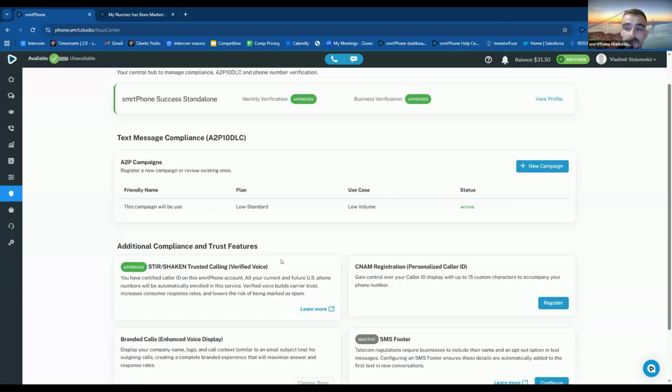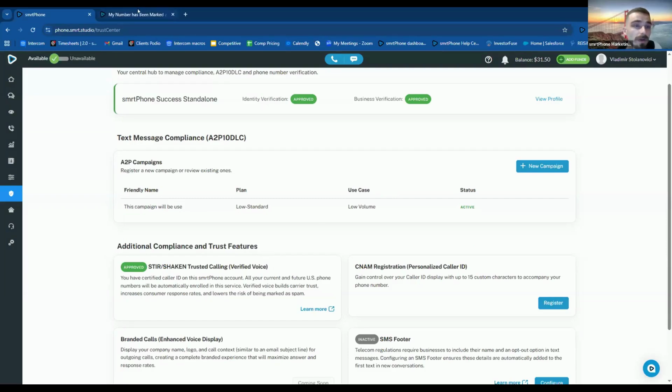This is essentially a certification that the carriers apply to your phone numbers once they acknowledge that they are being utilized by a legitimate entity, by a real business, and not by any scammers or spammers. This builds carriers' trust, increases consumer response rates, and lowers the risk of being marked as spam.